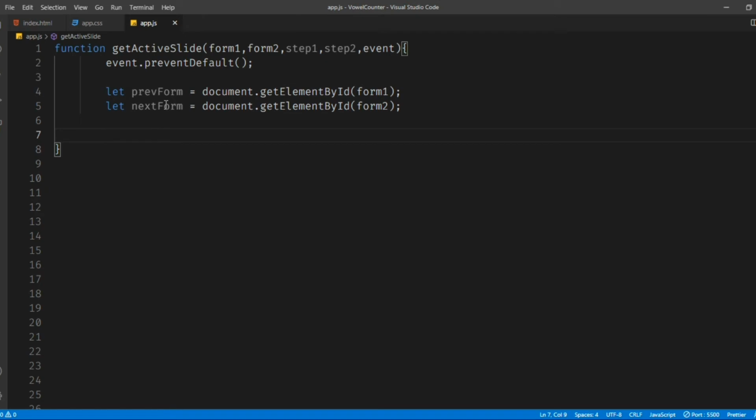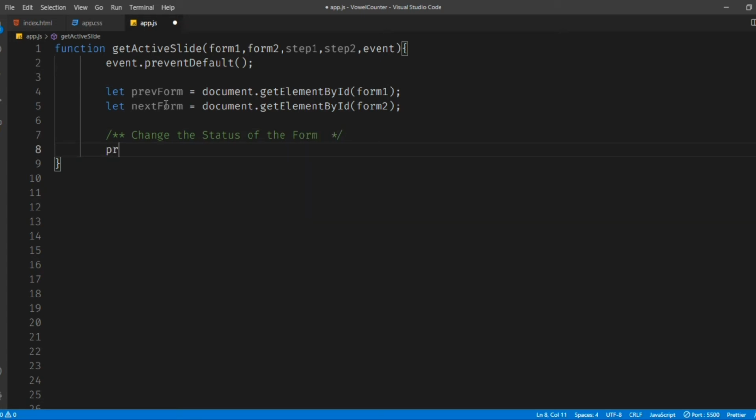Alright, now our main intention was to remove the active class from the previous form and assign that active class to the next form. So change the status of the form.